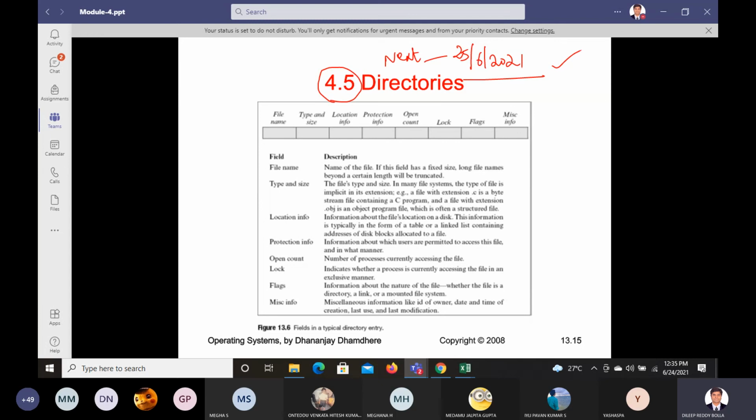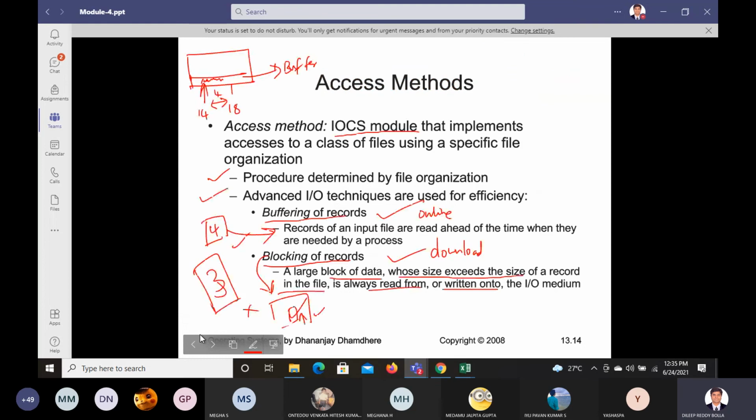Saturday exclusively we'll have the revision session for the corresponding modules 3, 4 and 2. You need to read up to file organization.